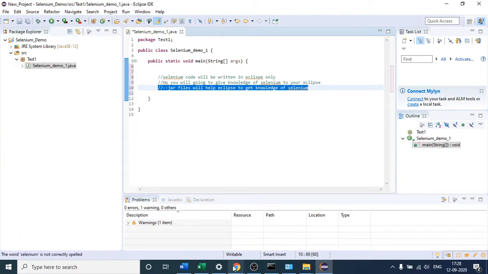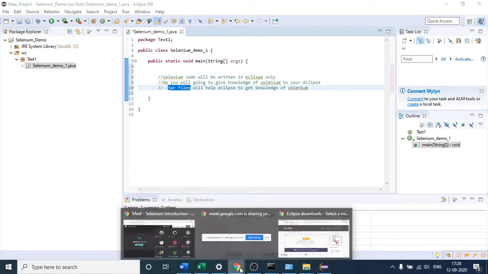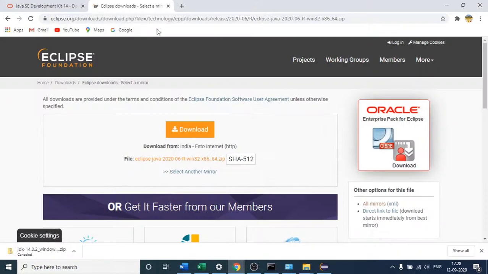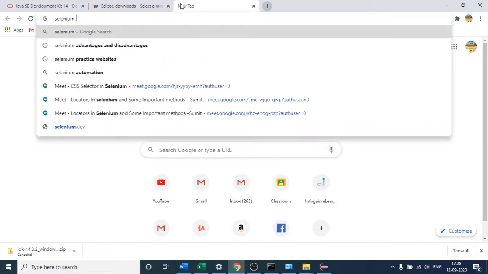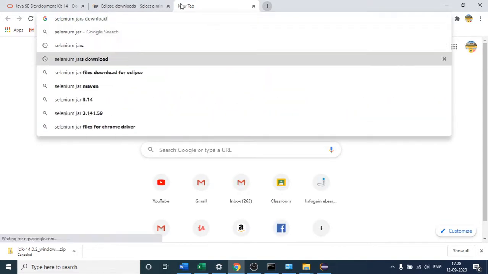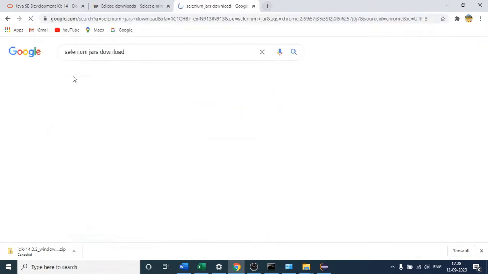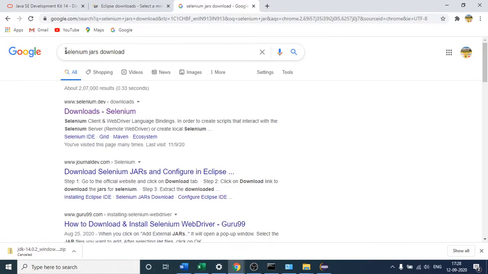First, I will have to download the jar file. So I come here in my browser and write Selenium jar download. Click this, and after you hit enter, you come to the first site.